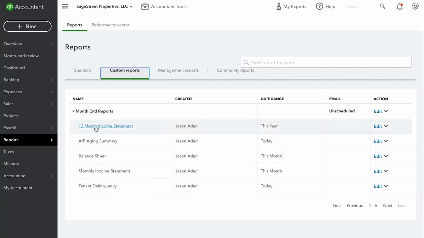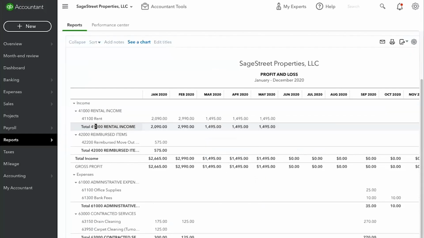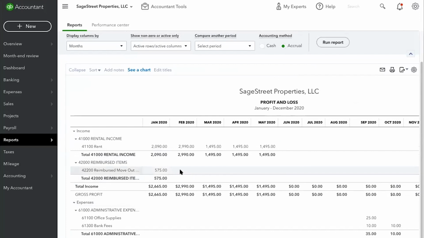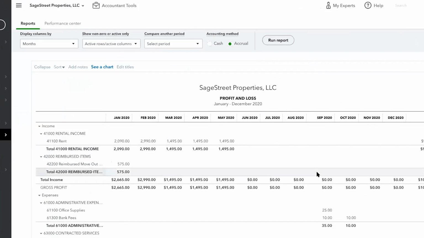So again, our 12-month income statement is going to be our income and expenses for the year. Now, the next thing I want to show you here is this is for the whole portfolio. So this is basically all the activity. Now, if you only have one property, great. But if you have multiple properties, this is great. But what if you need to see what it looks like